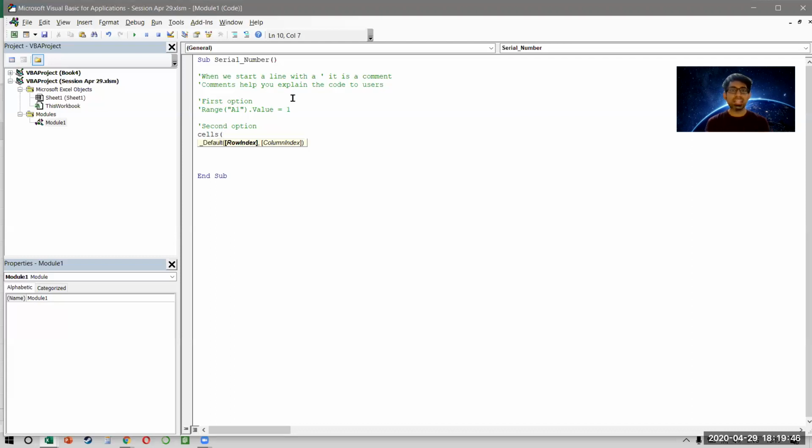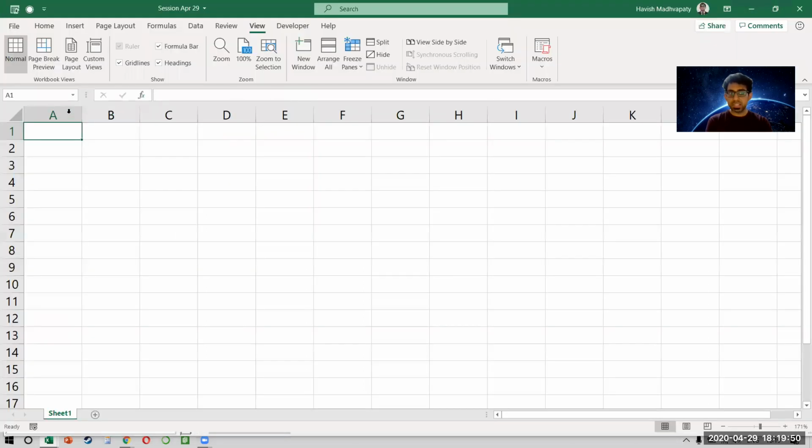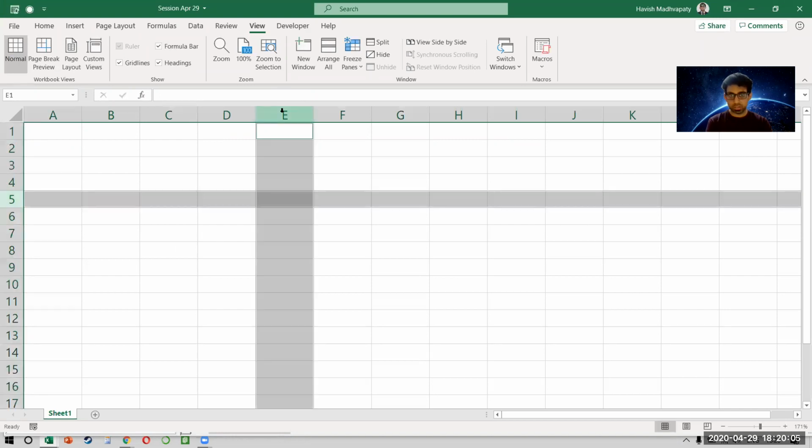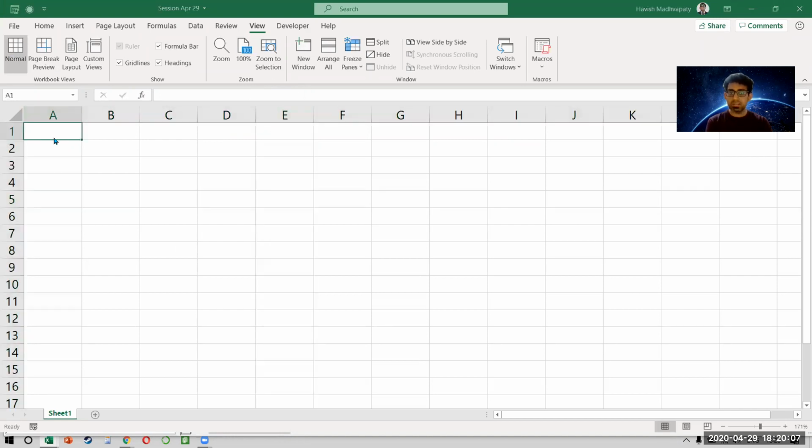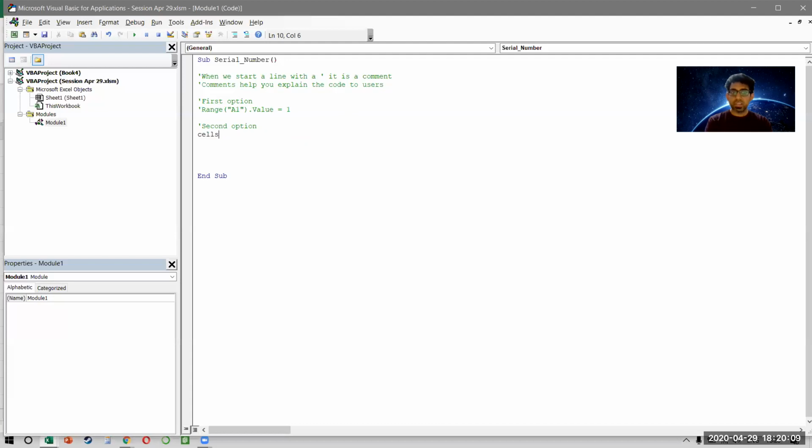Now, think of my entire Excel file as a grid of numbers. So for example, this is 1, 1. This is 2, 1. That means the second row in the first column. This is 2, 2. If I come to E5, this would be 5, 5, which means it's the fifth row and the fifth column, like this. So this would be 1, 1. So that means I can write, if you notice cells, what is the row index and what is the column index? So I can write 1, 1, which remember is the same thing as A1.